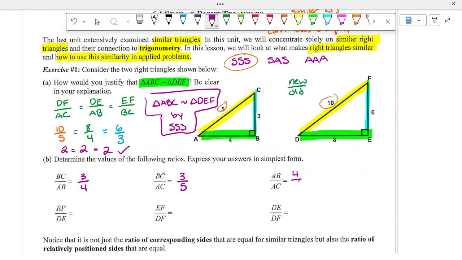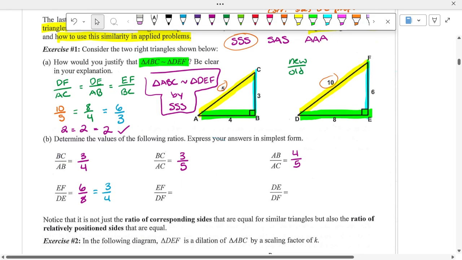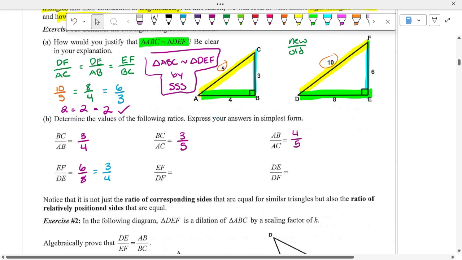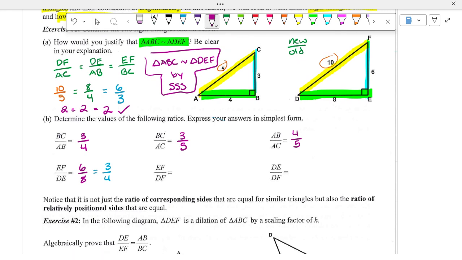AB over AC, good. EF over DE, and that'll simplify down to, not 3 over 2, 3 over 4. So we want those ratios in simplest form. All right. What about EF over DF? 6 over 10, and that simplifies down to 3/5. And then DE over EF. 8 over 10, that simplifies down to,